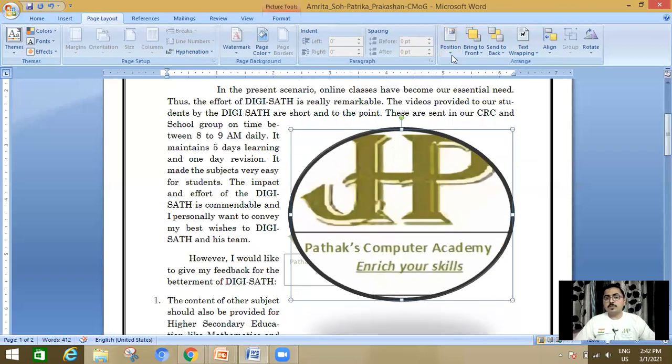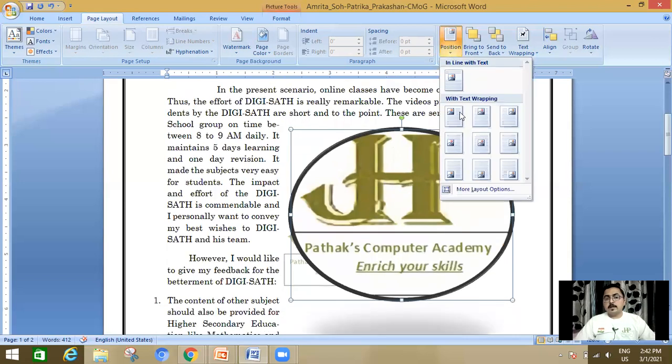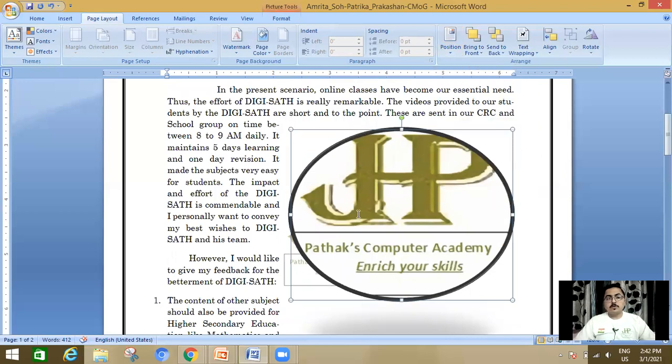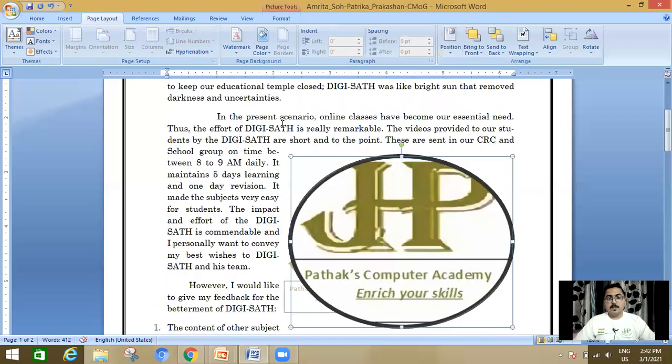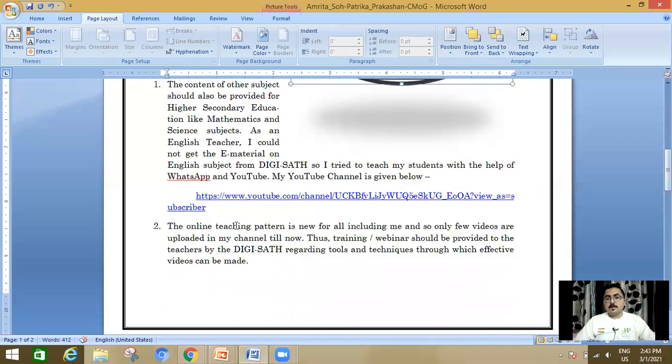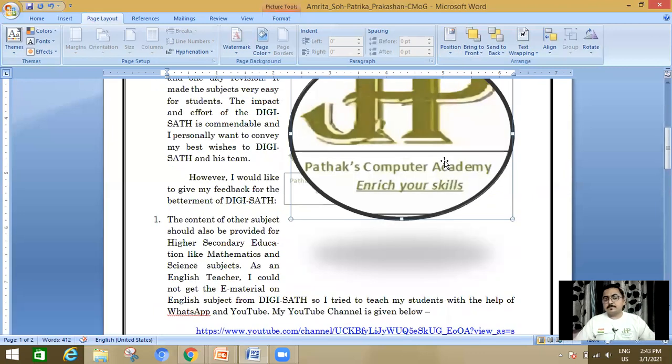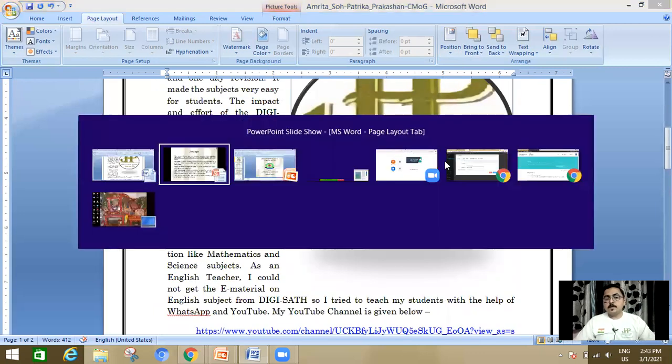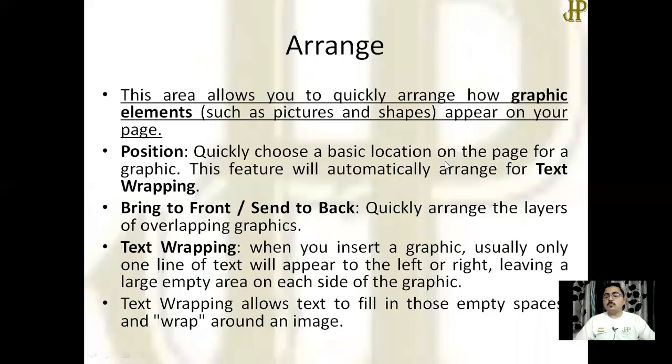I have taken the position in the page, right and center. So, all the content appears to the left and above and below the picture. So, I think it is very clear how to arrange your picture images in your document.